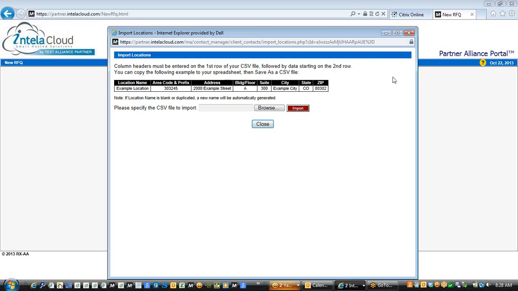So if you find yourself with a spreadsheet of locations from the customer that you need to quote, just highlight, follow the instructions here, highlight these column headers, put it onto a spreadsheet,